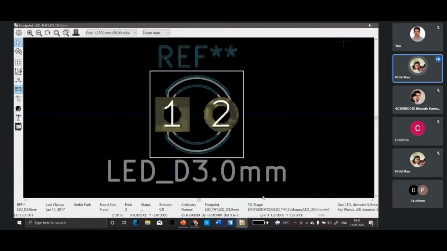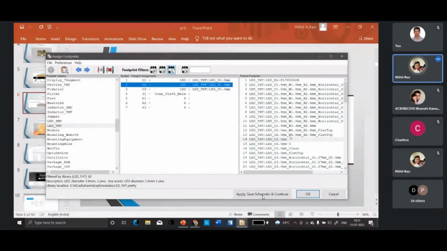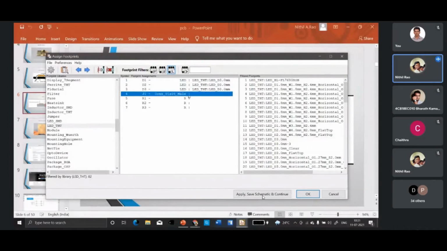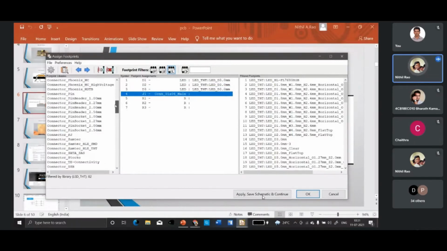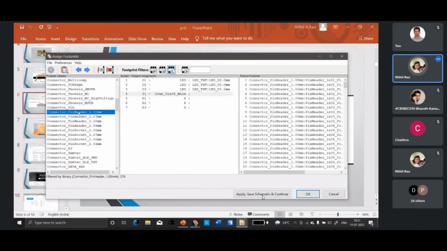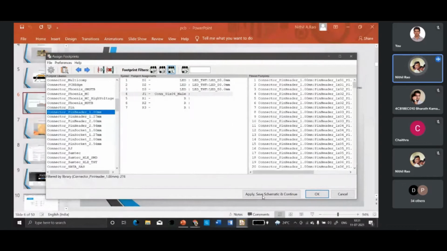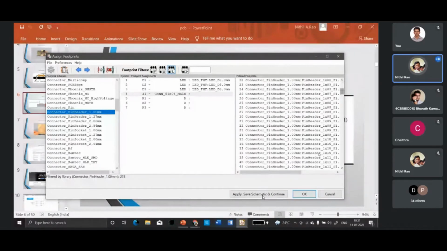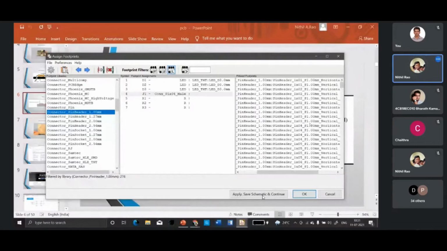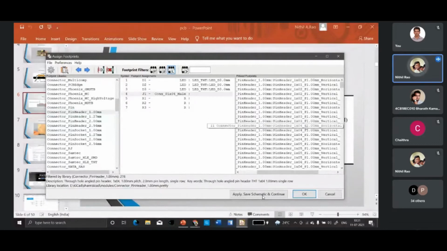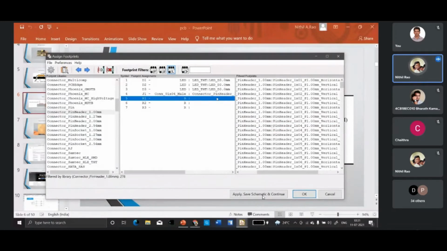Now I have seen it and I'm satisfied with the component. I'm just going back and checking. These three are the same component, so I don't have to check it again. Going to the next component, that is connector, 1 into 4 male. You have to search the component connector. I'll go with pin header because it is okay. Fine, male. You need male, so the pins have to be projecting outside. That is why I'll go to pin 1 into 4, this component. I want it to be horizontal, and I'll click on it, and now this has been attached.